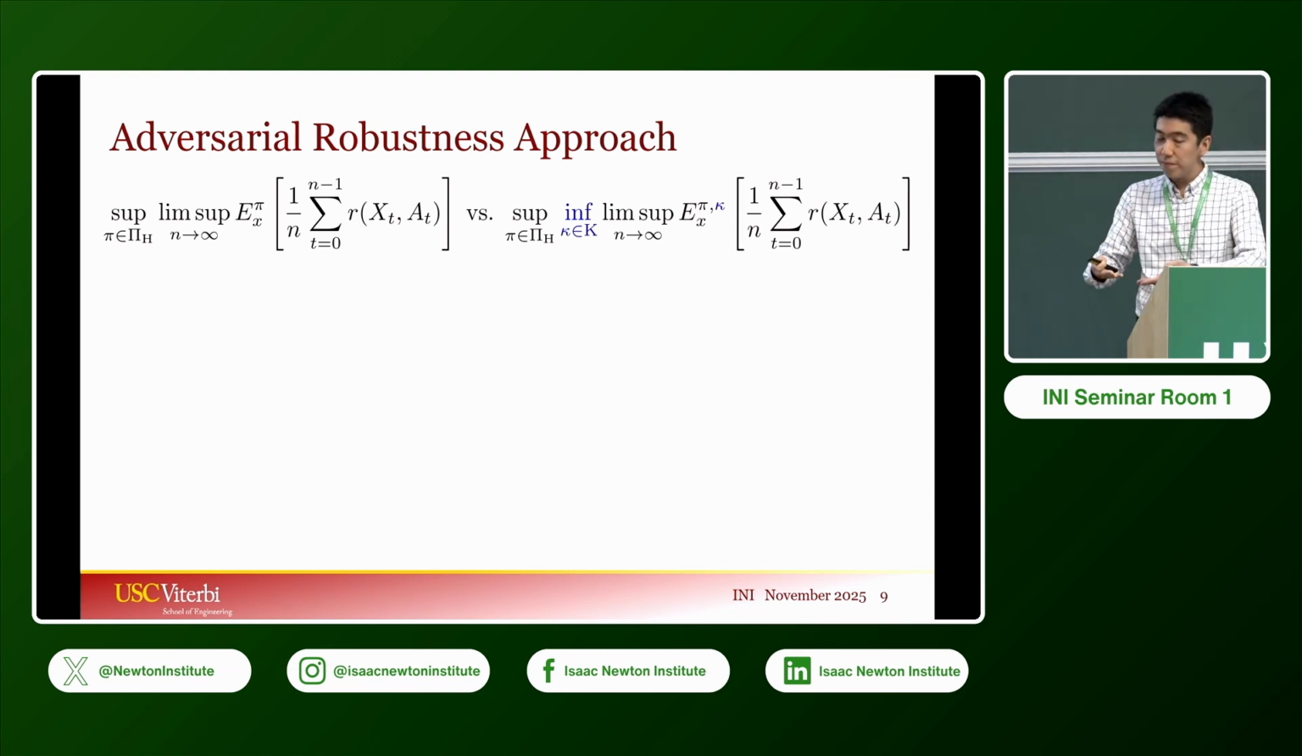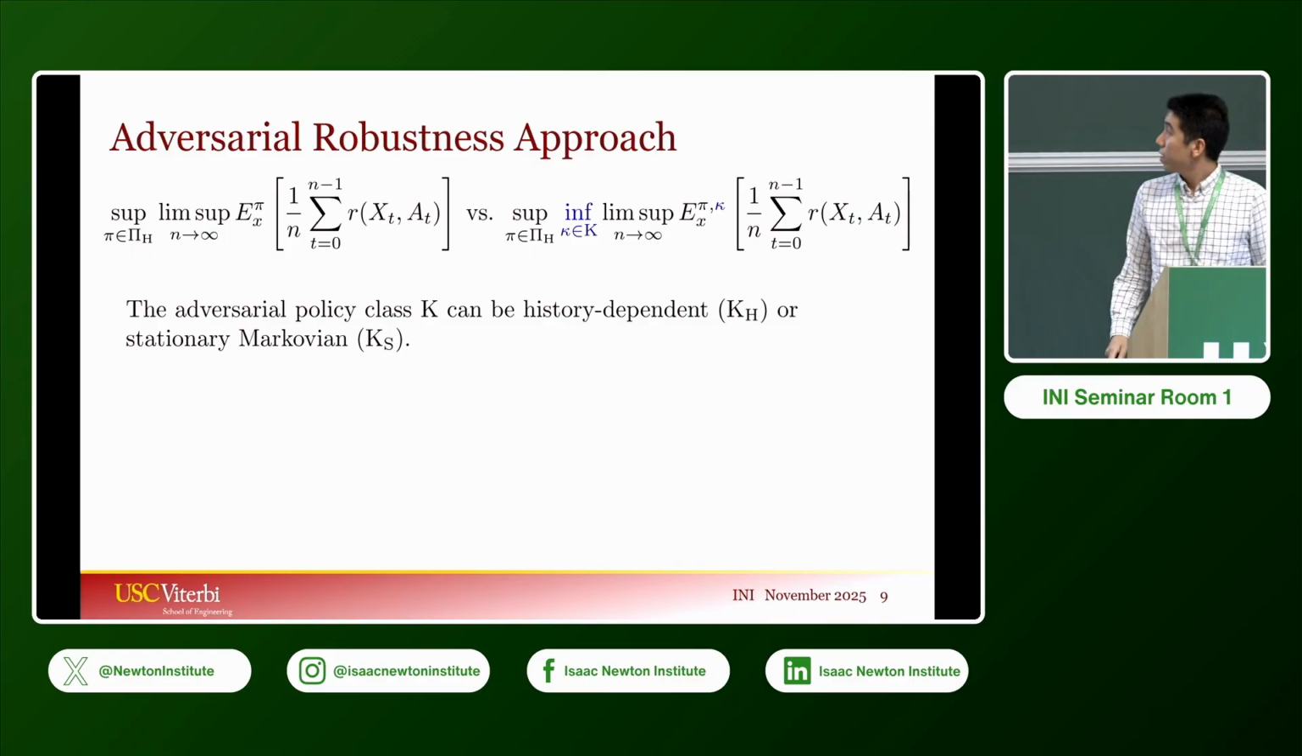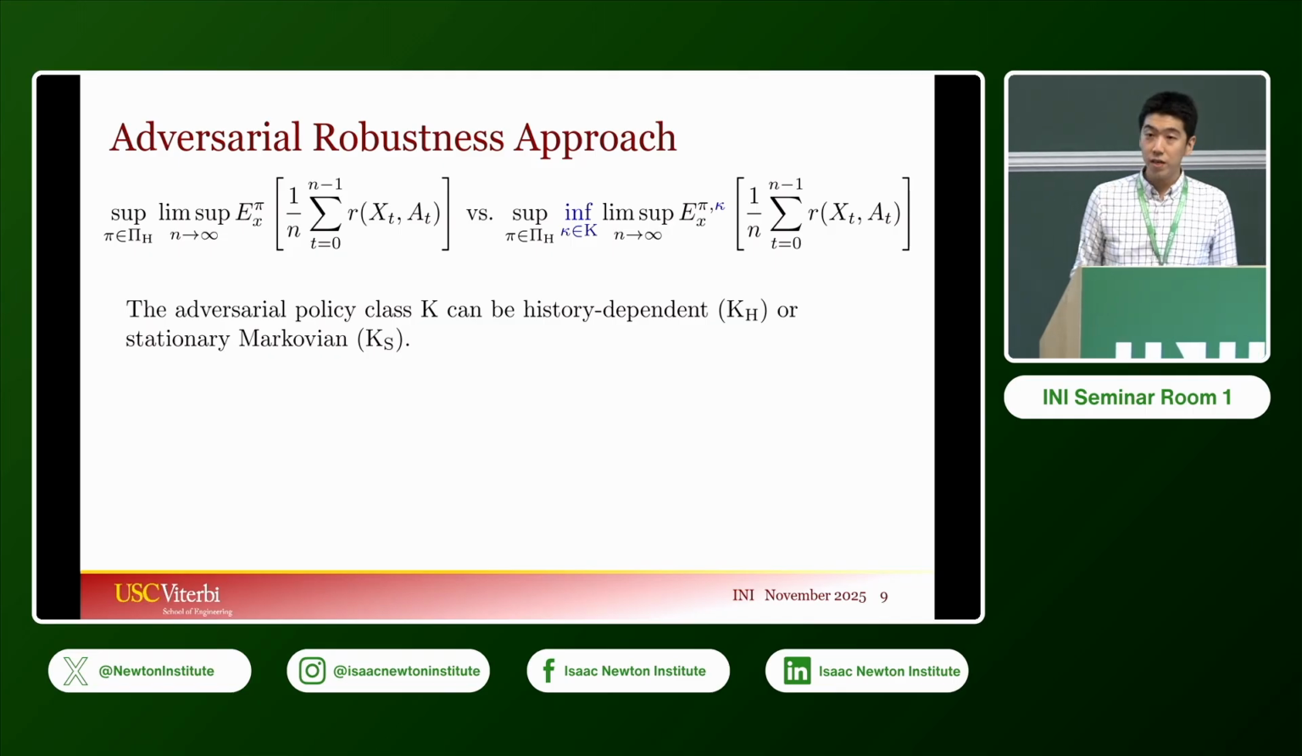And so on the flip side, now the controller needs to optimize knowing the presence of an adversary. So this will force the controller to choose a more robust or conservative strategy. And so this is the robustness formulation. And in our paper, we're going to consider two types of adversary, one being history dependent, the other being stationary